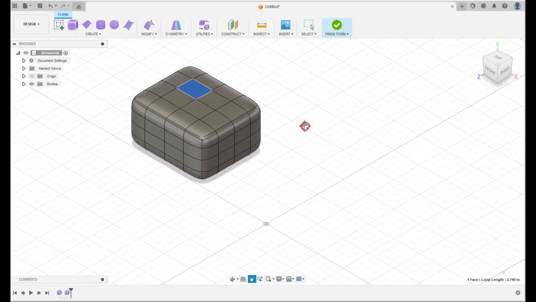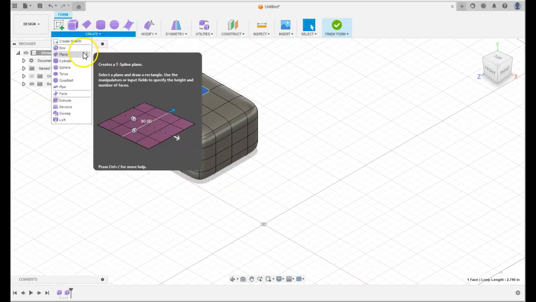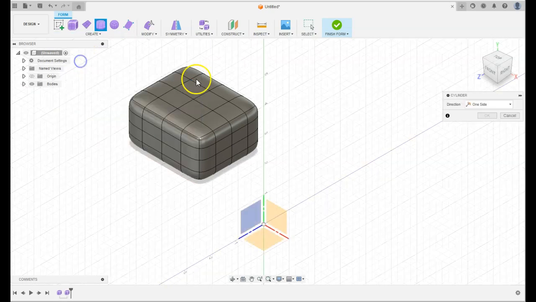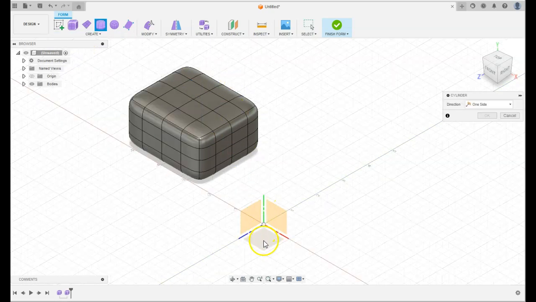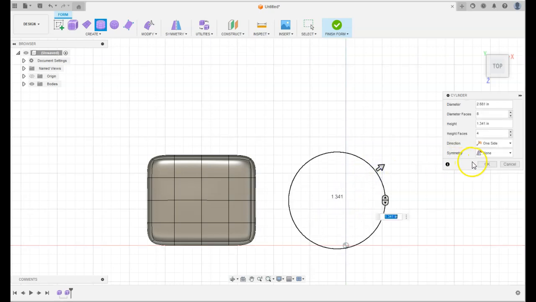Now, one of the questions we had is, what are the other options? So we're going to skip plane for a second. We're going to go to cylinder. If I select cylinder, I'm going to go ahead and pick the same face. I'm going to look at the top here, and I'm going to create it. So let's say I'm just going to make it exactly right beside that guy. Now, once I've hit